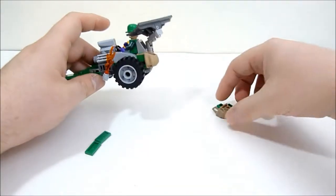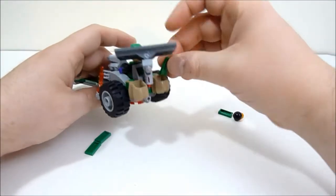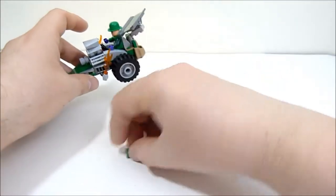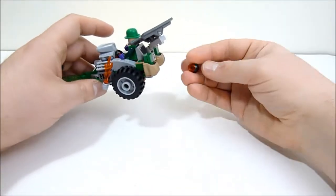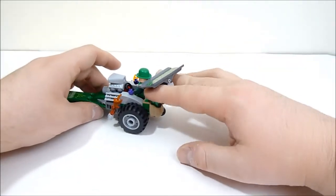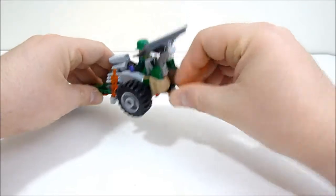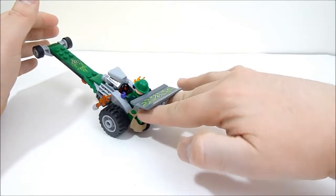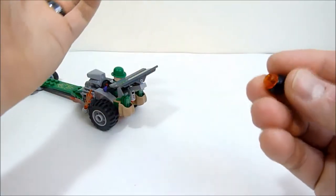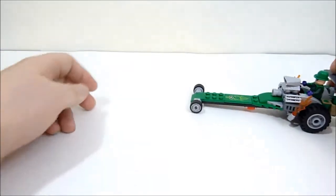I got it to work once where nothing but the bomb popped off, but every other time, either the bags or the spoiler or whatever all want to just go flying in any direction. So I'm not terribly impressed with this dragster overall. I understand what they were trying to do here, but I don't think they quite got it down. If you push down on the money bags, you can get it to work, but then your hand is kind of in the way of the bomb itself. So there is that. I guess that's supposed to be maybe a lit fuse. I don't know. But that is the dragster, and we'll just wheel that on out of the way